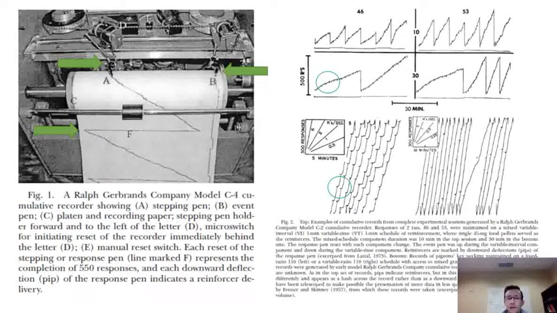A major practical advantage of the cumulative recorder over other methods of observing and recording behavior was that measurement was automated. That is, the experimenter did not need to observe and manually record what the animal was doing. So two of the major contributions of the cumulative record to behavior analysis include: one, that schedules of reinforcement would not have been discovered without it, and two, the data generated by the device likely motivated many of the early pioneers in the science who followed